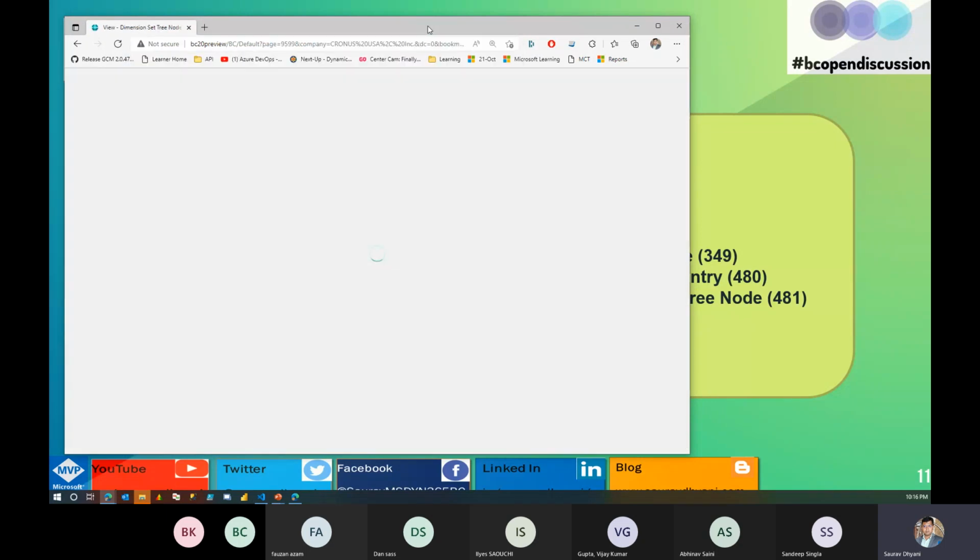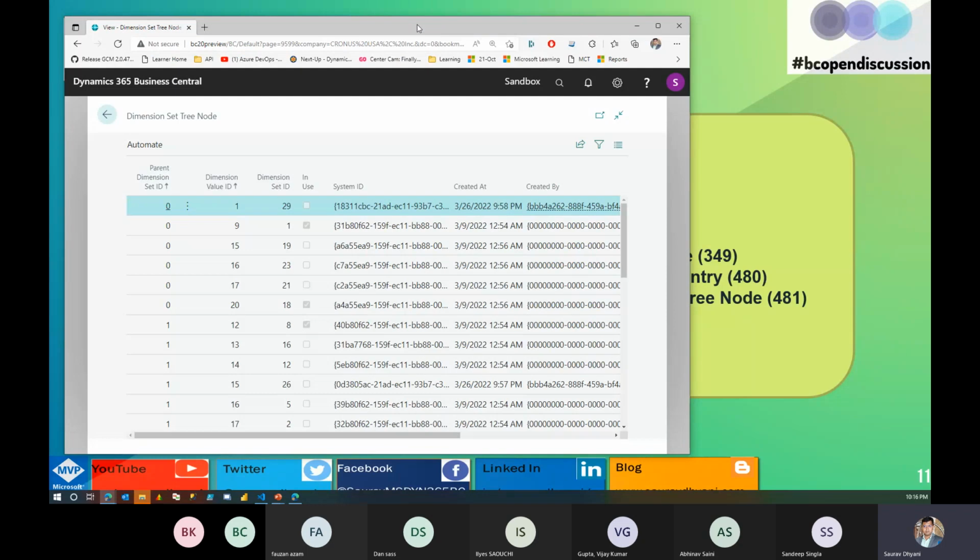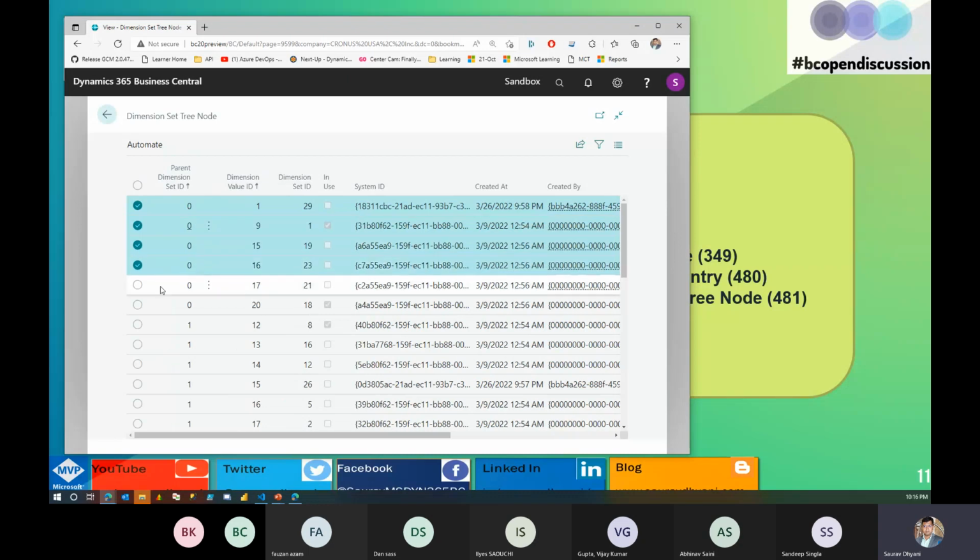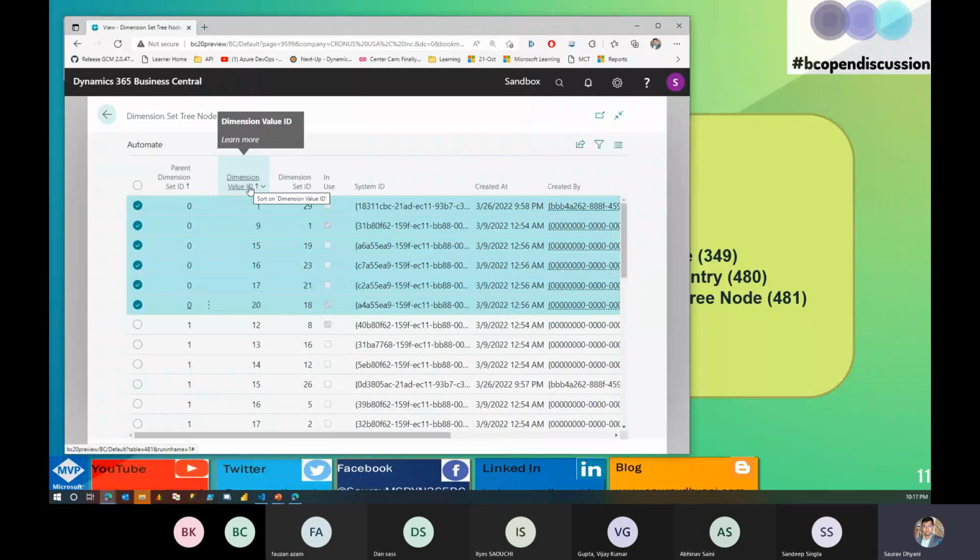So if you look at the tree node, the first ID which I said will be blocked is the 0. And these are the first dimensions that are created in the system. They are traversed based on the dimension value ID, which comes from the dimension value table, and they get a unique number as soon as a new dimension value is created. So it tells that at the parent 0, there are 1, 2, 3, 4, 5, 6 child items which are available, on which these value IDs are used. And then there is a mapped dimension set ID